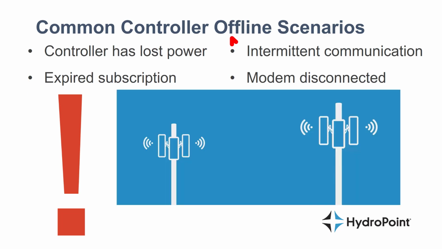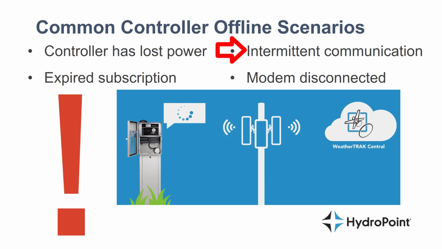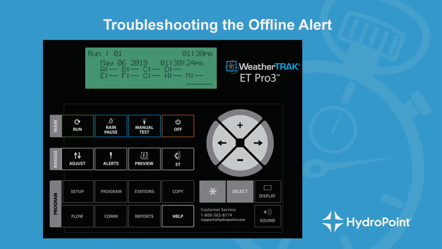In addition, remember that your WeatherTrack controller is a cellular device and is subject to the same type of communication failures and signal integrity fluctuations that your cellular devices are. So sometimes it's just intermittent communication that causes the controller to drop offline. And sometimes all you have to do to get the controller reconnected is reset the modem. To troubleshoot an offline alert when you're at the controller,